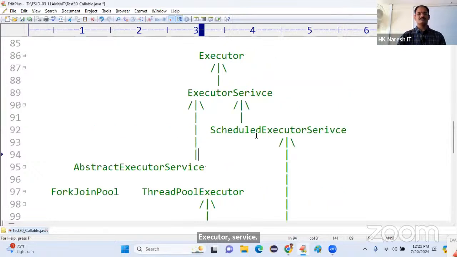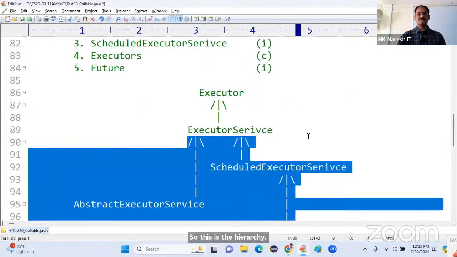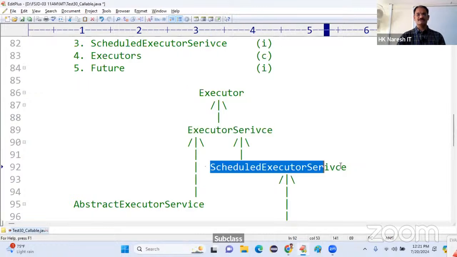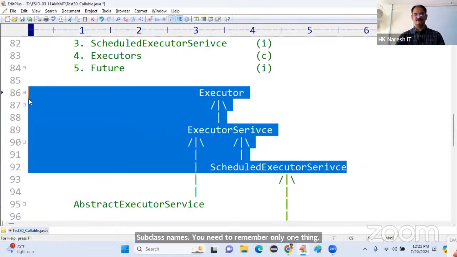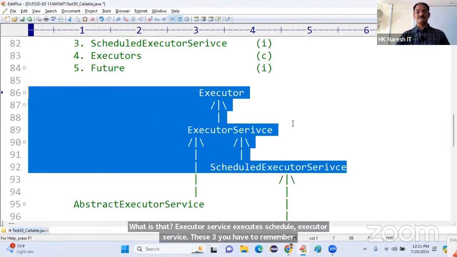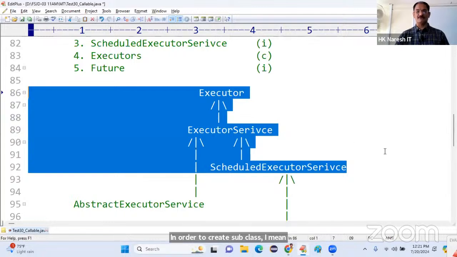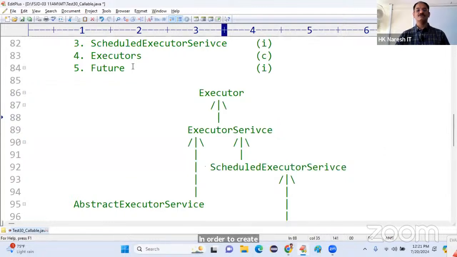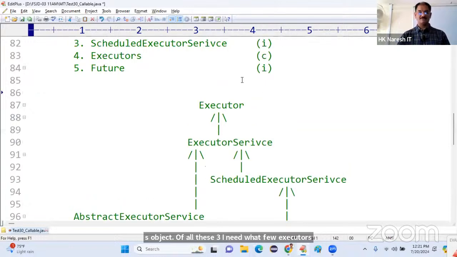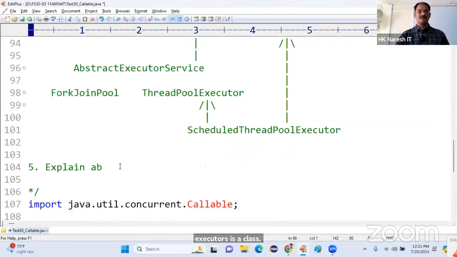You no need to remember subclass names. You need to remember only one thing. What is that? Executor, executor service, scheduled executor service. These three you have to remember. In order to create the implementation class object of all these three, I need what? Executors. Executors is a class. Okay, this is the hierarchy. Now let's go to